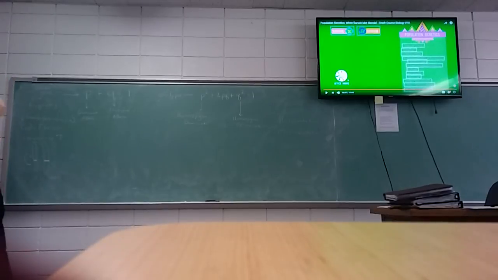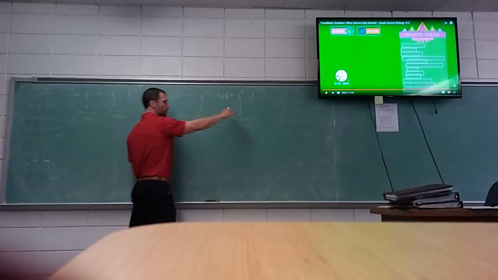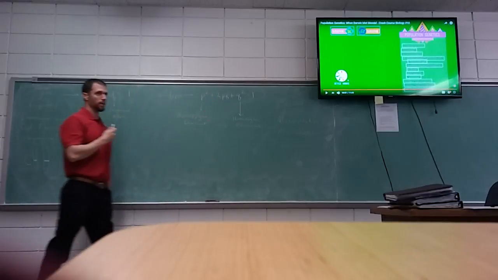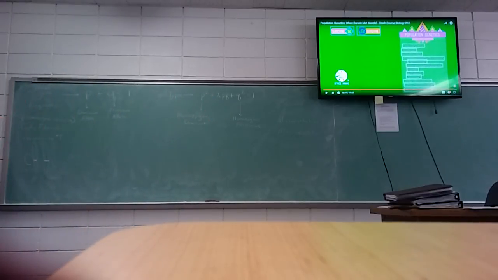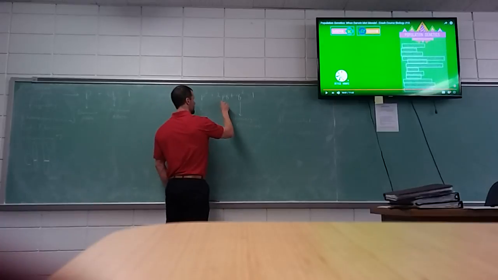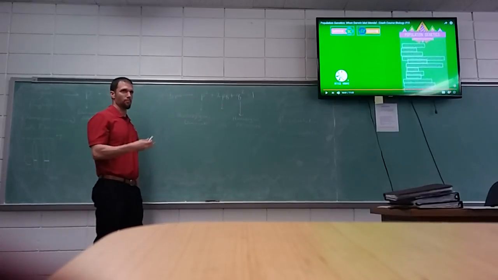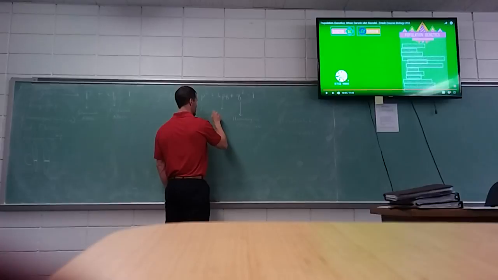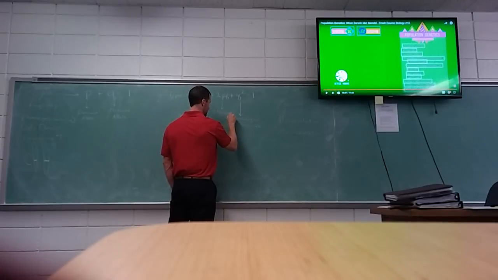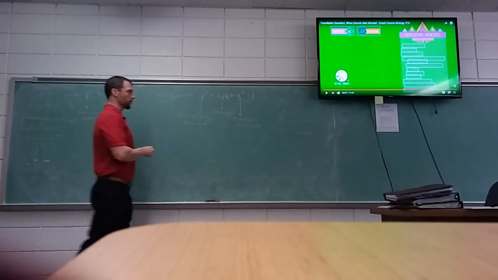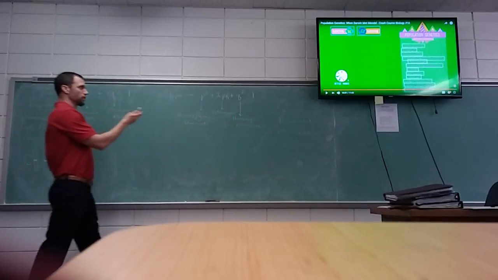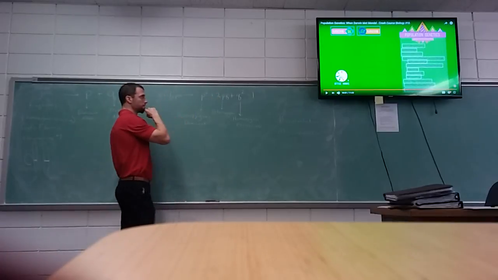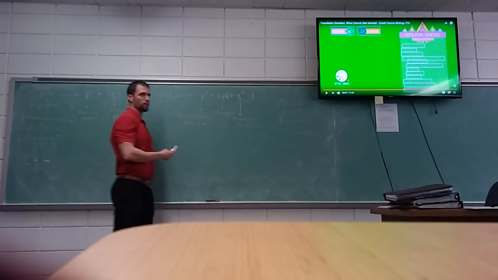So, if this is homozygous dominant and this is homozygous recessive, what do you think 2PQ stands for? What's the only other combination we could have of alleles? Heterozygous. Yeah, heterozygous. And you wouldn't say dominant or recessive because it's just one of each. So you just say heterozygous. And in the Greek or Latin, wherever it comes from, hetero means different. So you have 2 different ones. You have the dominant allele, and you have the recessive allele.